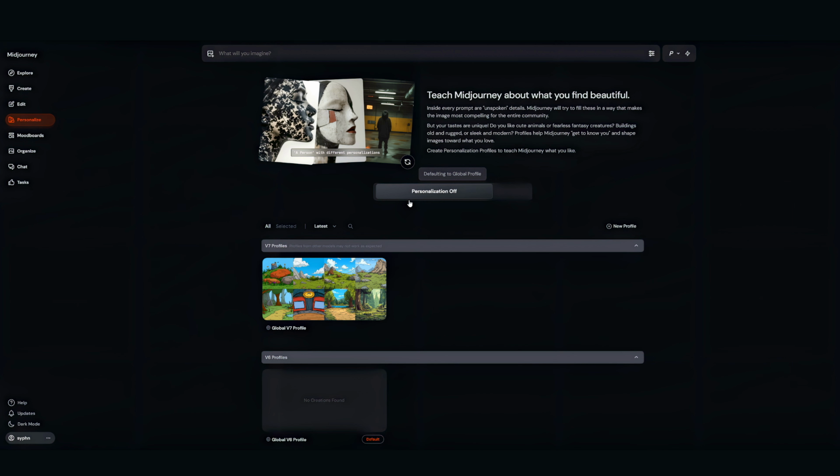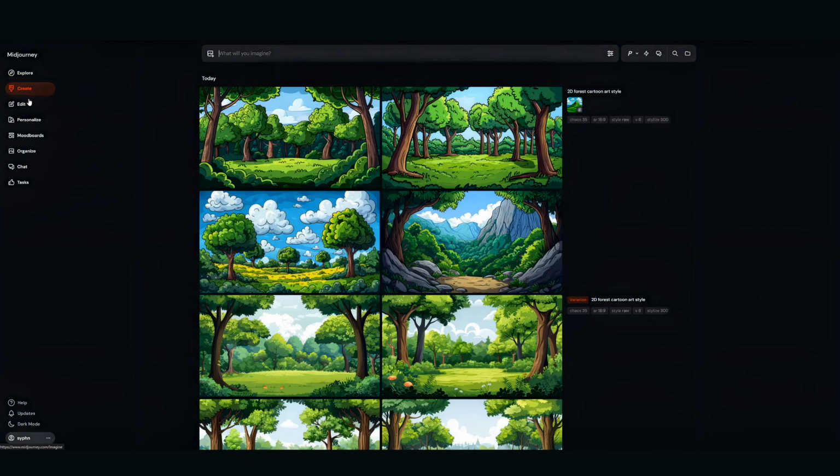So it learns what you typically like to see, and you can train it, and it'll actually give you prompts, and you just basically click, I like this art style, don't like that art style, and eventually it learns and it'll mold to what you typically like. And there's a lot of other features here, but primarily I typically work with the create function and the explore function, or sometimes the edit. I'll also turn on the personalize as well.